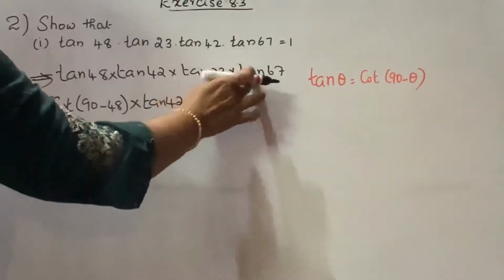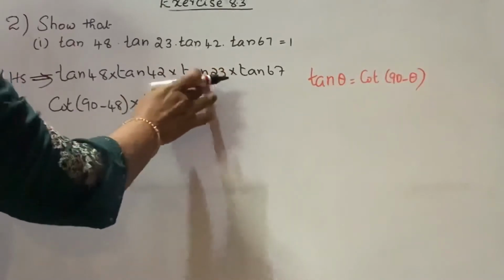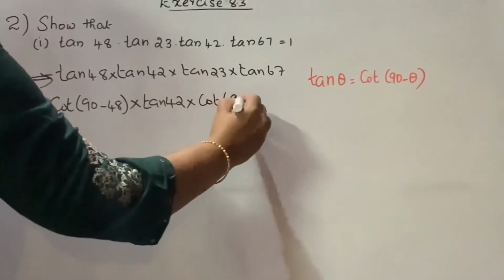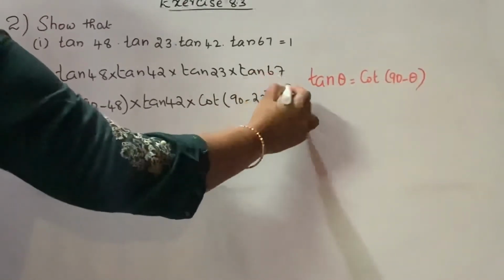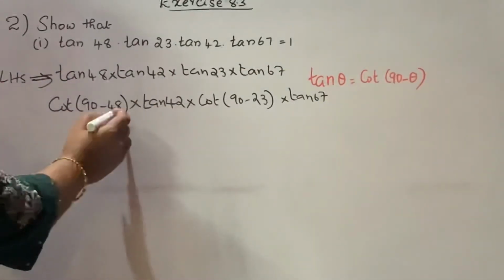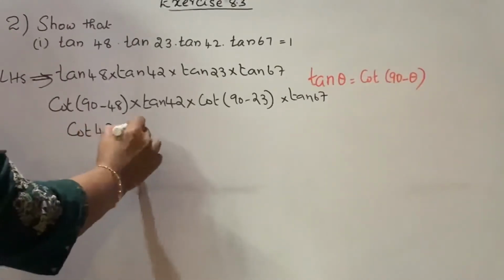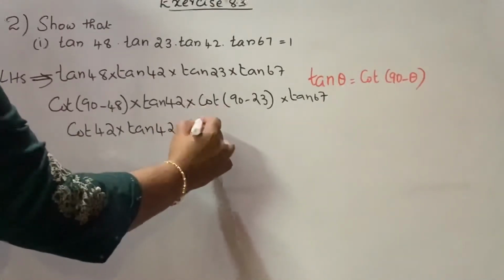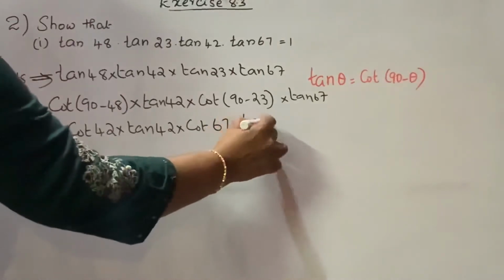Then ഇവിടെ ഏതെങ്കിലും ഒരെണ്ണം ഞാൻ മാറ്റാൻ പോവാണ്. 23 tan 23 മാറ്റാൻ പോവാണ്. എന്താക്കാം tan 23? Cot of tan theta is equal to cot of 90 minus theta. 90 minus 23 into, don't change this, tan 67. Cot of 90 minus 48 is cot 42 into tan 42 into cot 90 minus 23 is 67 into tan